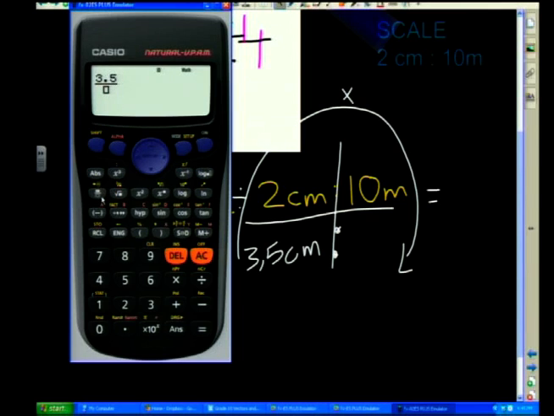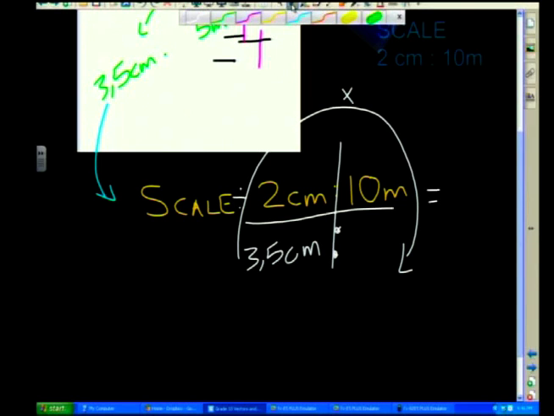3.5, I divide by 2. Now let's make a little bit of space to multiply by 10. So I hope you can see why I'm dividing first by 2 and then multiplying by 10. And then out comes my answer. And I've got to push my S to D button. There we go, changes it back into a decimal. So 17.5 meters. That's great. So what we're going to do is write in my distance over there. So 17.5 meters. Now, I cannot give this as my final displacement.